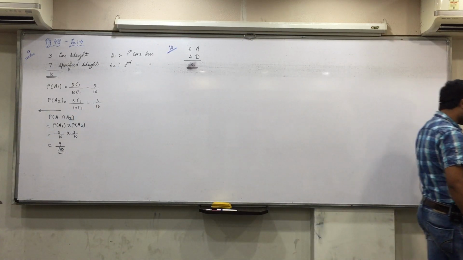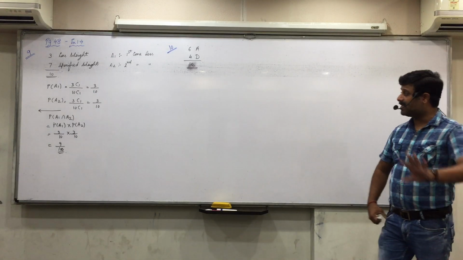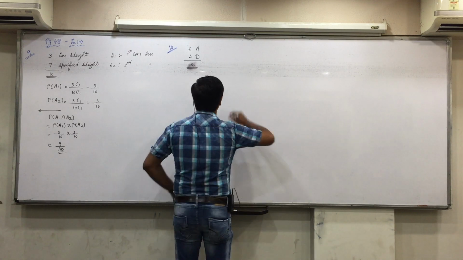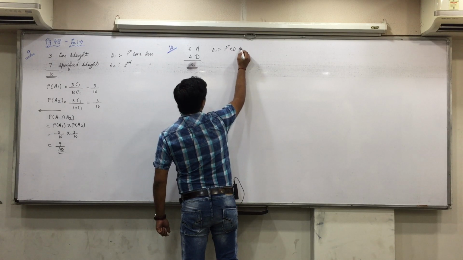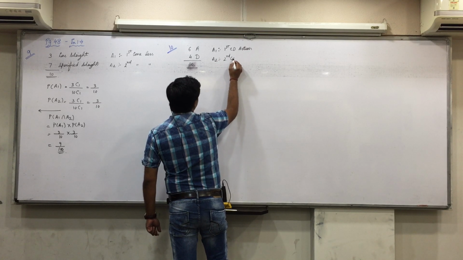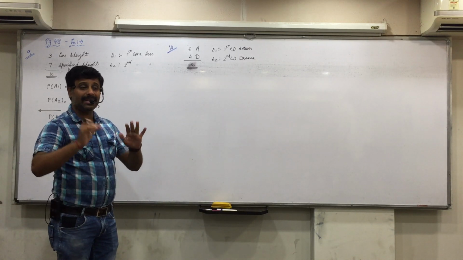Now, what is the question asked to you? Find the probability that first selected CD is action film, mark it as A1, and then intersection, second drama film, mark it as A2. We'll always define A1 and A2 only, 1 for the first event, 2 for the second. So what would you define here? A1, that first selected CD is action film. A2, second selected CD is drama.